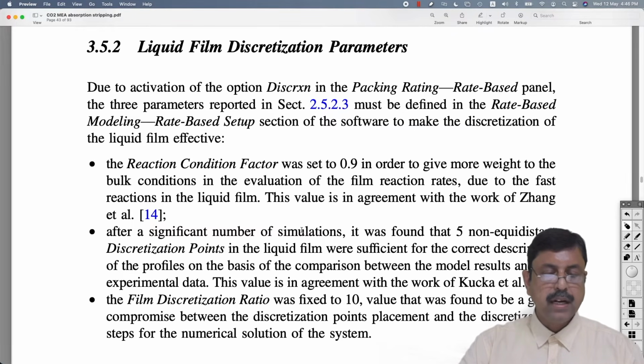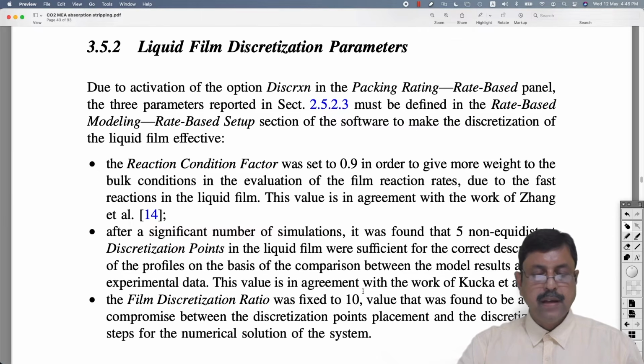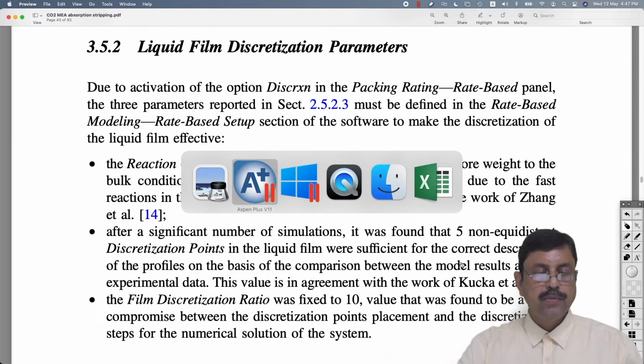After a significant number of simulations, it was found that 5 non-equidistant discretization points in the liquid film were sufficient for correct description of the profiles. And this value is in agreement with the work of Kuka et al. So, for film discretization,